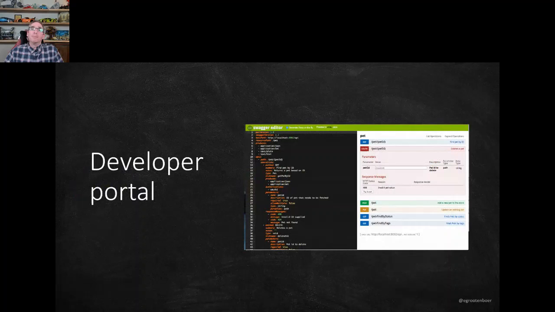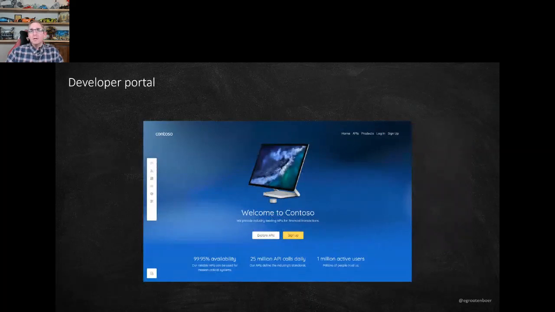Next up is Developer Portal. We already talked about this a bit, and Developer Portal is basically where our consumers will go to create their APIs. Now, if you know about the Swagger editor, which you can get with basically anything that you do with Swagger these days, you get this nice overview. It looks a little bit like this, but it's on steroids. So this is Developer Portal that you can just get out of the box. It will look like this.